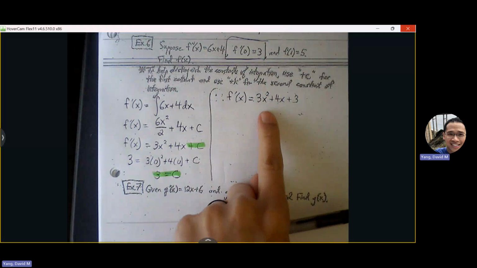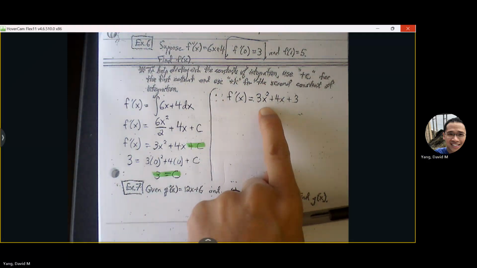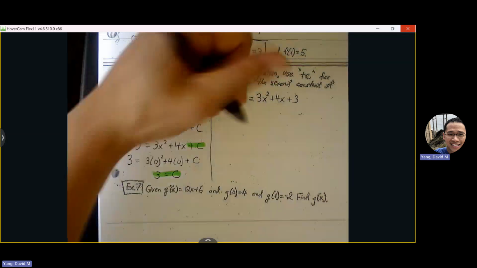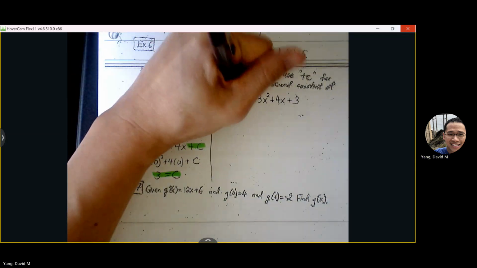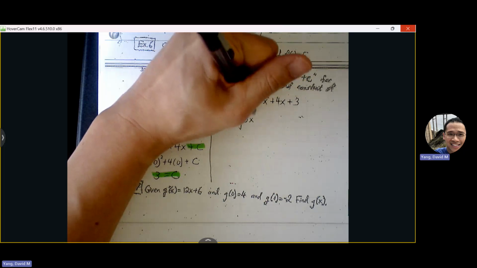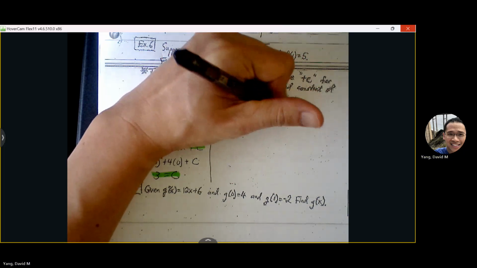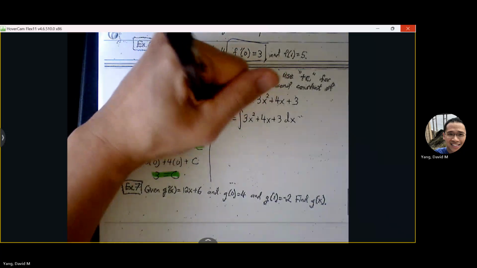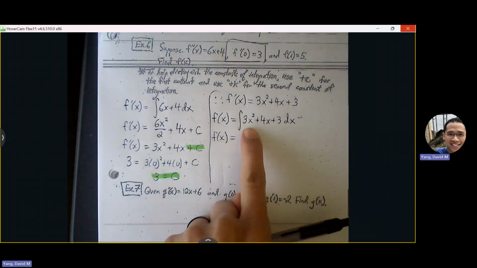Right, so we're officially halfway there. We'll take the antiderivative again to make our way from f prime to f of x. So we know f of x can be found by making that f prime go through another antiderivative process. So we go through power rule again. 3x squared becomes